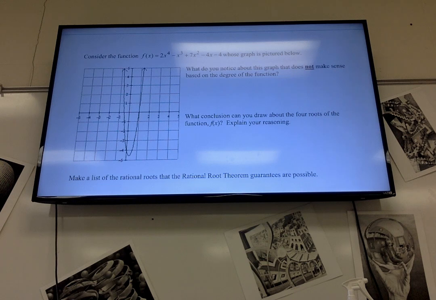What do you notice about this graph that does not make sense with the degree? It's just a problem. Say that again. It's just